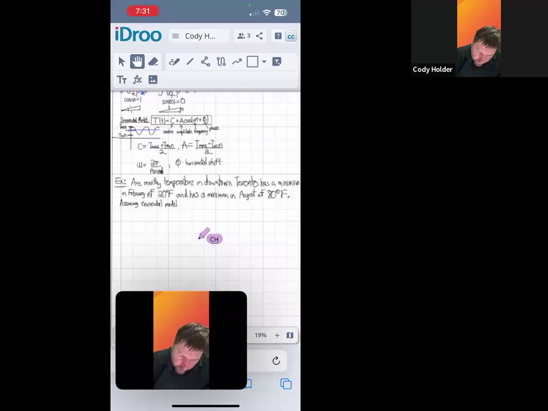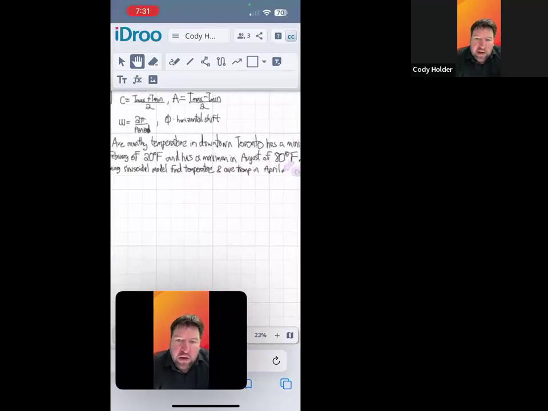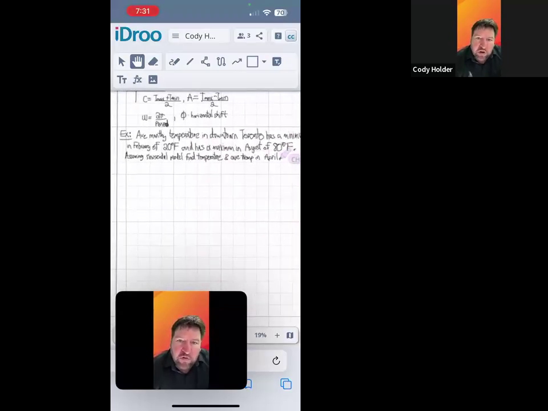Assuming a sinusoidal model, find the temperature and average temperature in April. Use the model to say, okay, what is it in April? What's the temperature in April? Okay, so the solution,